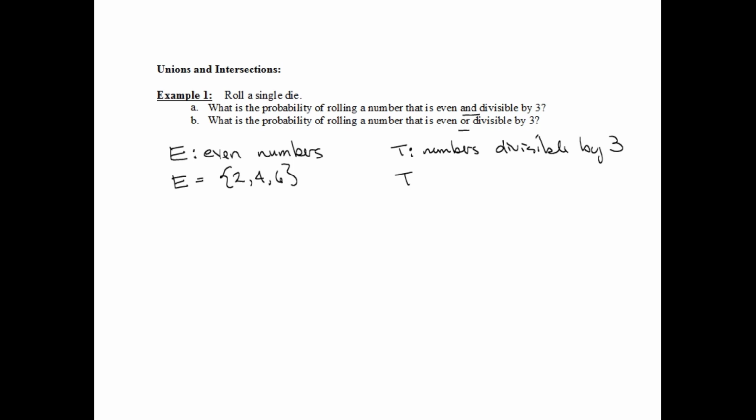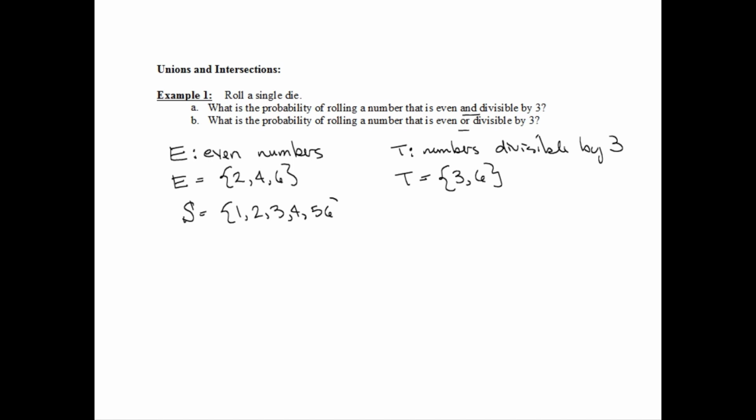And so then my T would be 3, 6. Getting our sets defined lets us clearly say what probabilities we're talking about. Our sample space is equally likely, so our sample space, of course, will be the numbers 1, 2, 3, 4,